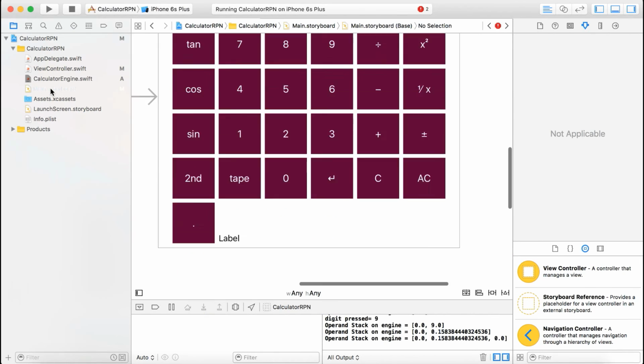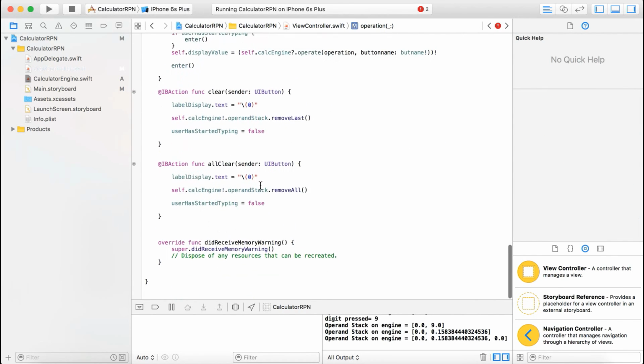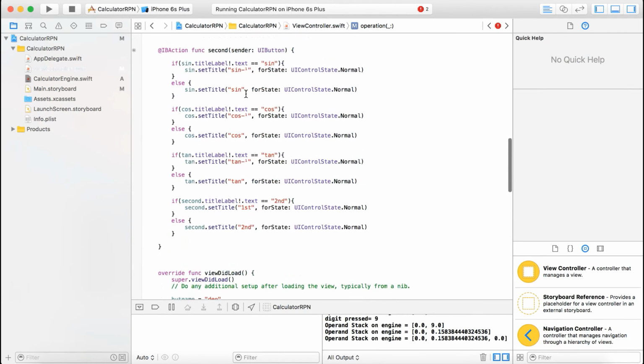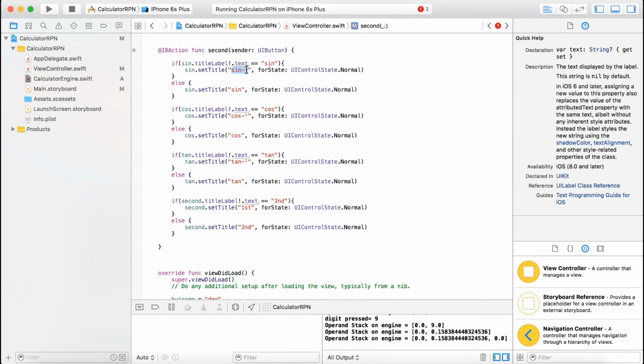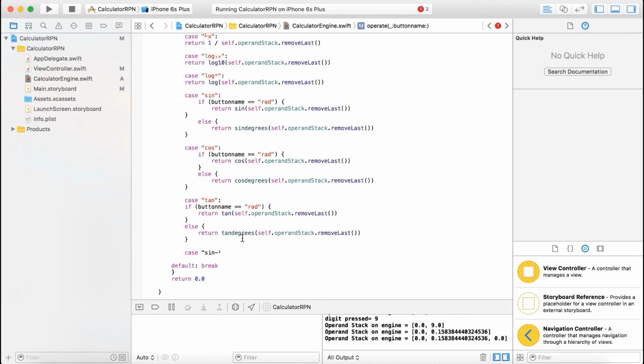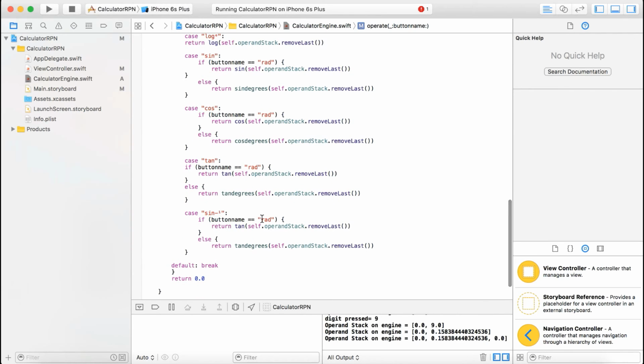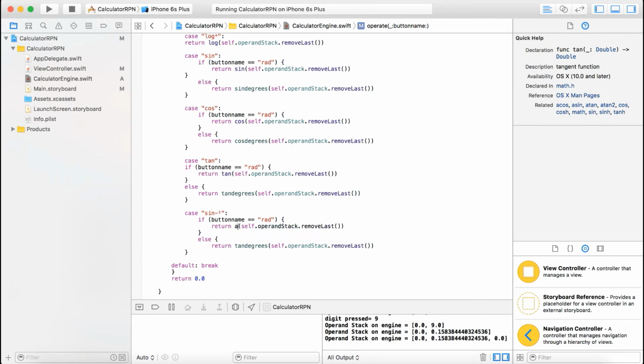And this time I'm going to go back to the view controller, not the storyboard, sorry. I'm just going to copy and paste the sin minus 1, just like how I wrote it here. Okay, so I'm going to copy this, go back to calculator engine, and paste this. So if the case is sin minus 1, I'm just going to copy and paste this. If button name equals radian, we're going to return a sin. That's what it's called for the calculation when you do sin minus 1. Do the following, else